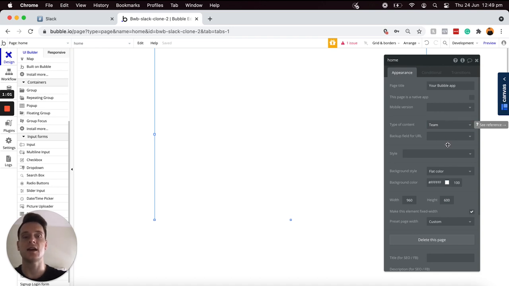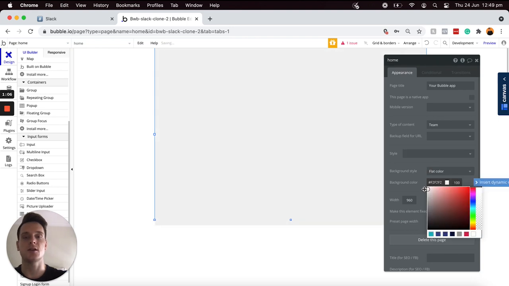What I would then like to do, as I always do on my pages, is just update the background color to be just a light shade of gray so I can get an idea as to where any elements lie in regards to our page borders. But the first thing I'd like to do is essentially just display a list of all of the available channels